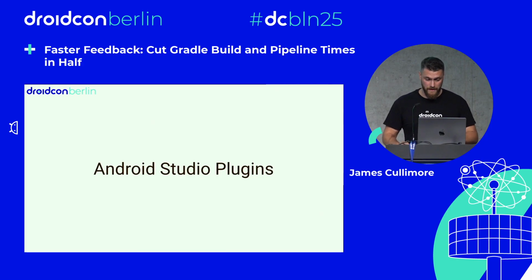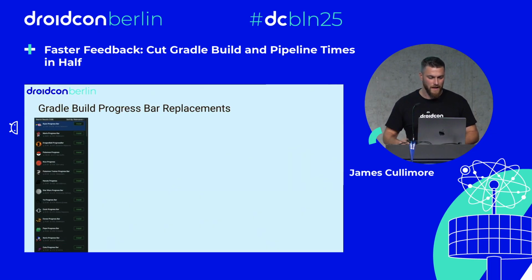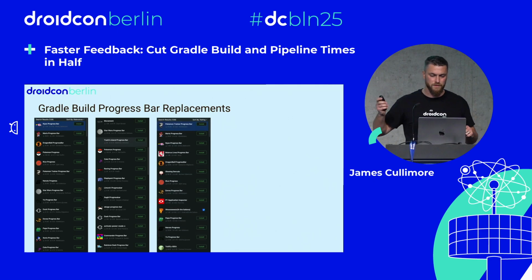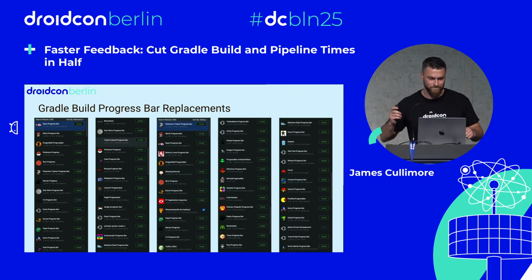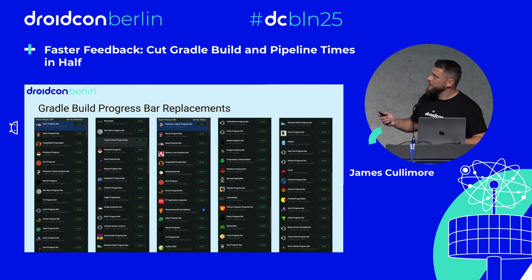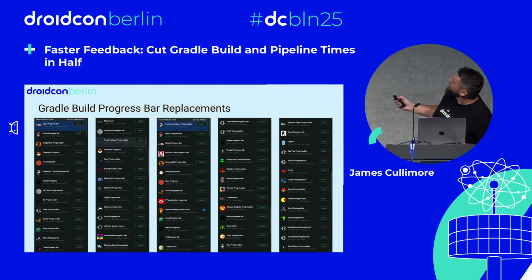If all else fails, we have some Android Studio plugins that can, at the very least, lighten the mood. As you can see, there are plenty of different progress bar plugins to choose from. I think up to 139, if I'm not mistaken, from Nyan Cat to Pokemon, Teletubbies, and even Barney the Dinosaur. In one team, we installed the Super Mario progress bar as a bit of an inside joke, as we had a team member called Mario. Also, I really hope, where is it? I can't see it now.